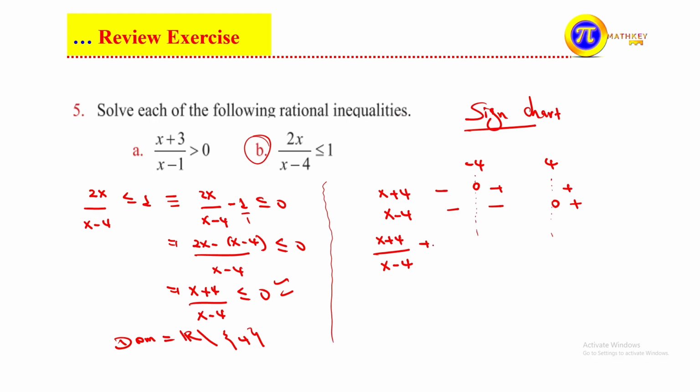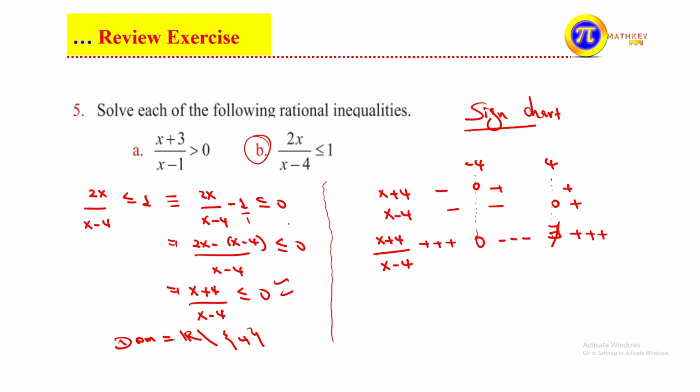It is positive ይሆናል። 0 divided by negative ስንወስድ 0 ይሆናል። Between negative 4 እና 4 መካከል positive negative ስለሆነ positive divided by negative it is negative ይሆናል። At 4 ላይ numeratorችን positive ነው denominatorችን 0 ስለሆነ positive divided by 0 it is undefined ይሆናል። At the right side of 4 ስንወስድ ሁለቱም positive ስለሆኑ positive divided by positive it is positive ይሆናል። የምንፈልገው ምንድነው? Less than